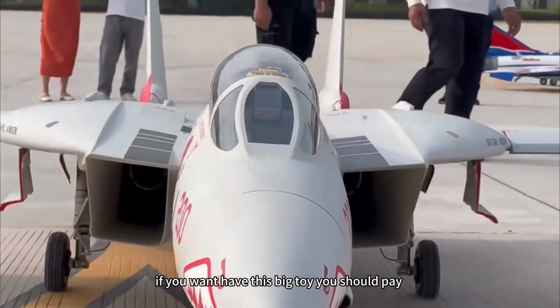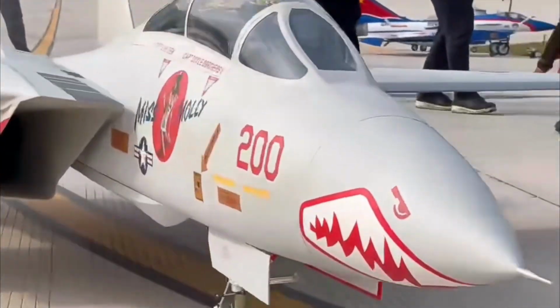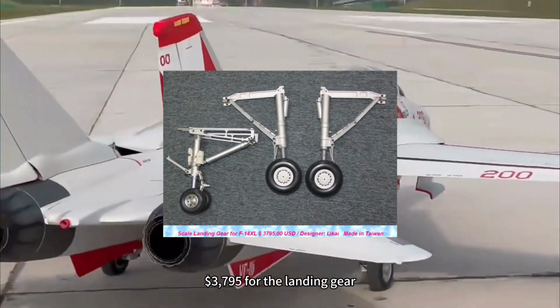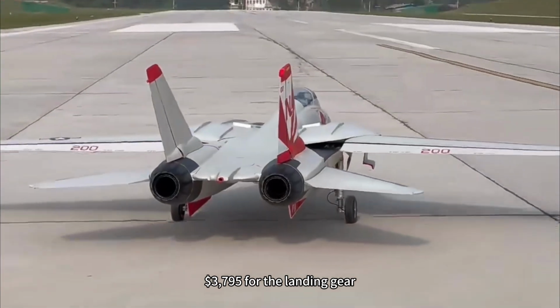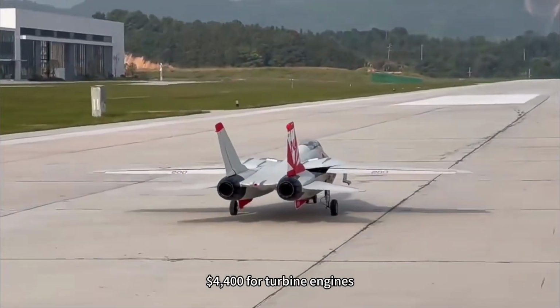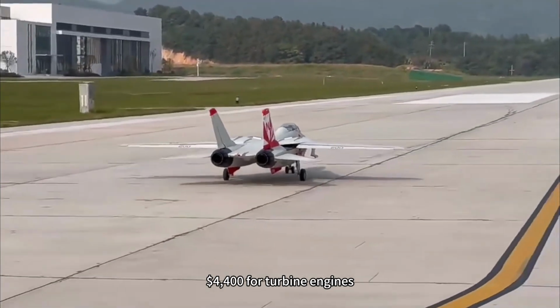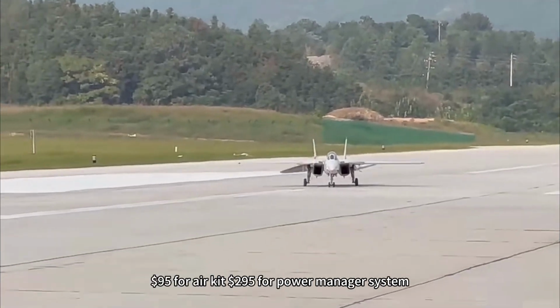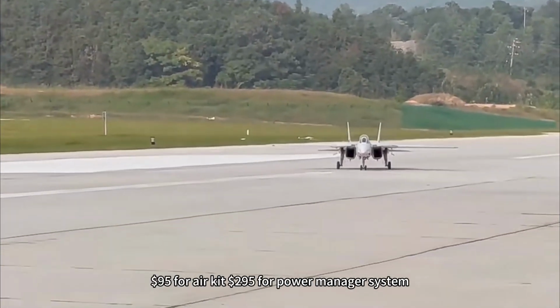If you want to have this big toy, you should pay $6,895 for the fuselage, $3,795 for the landing gear, $1,150 for the swing wing mechanism, $4,400 for turbine engines, $395 for dual-wall exhaust pipes, $95 for air kit, $295